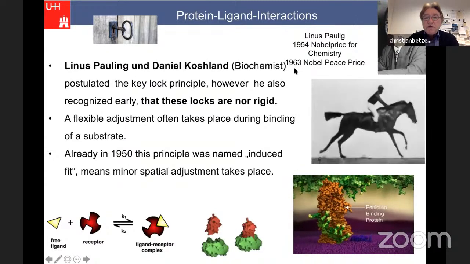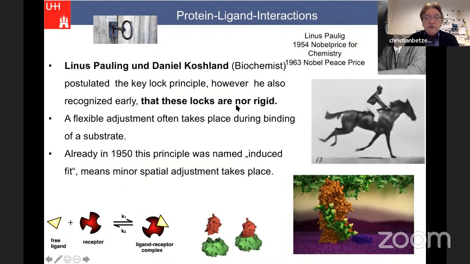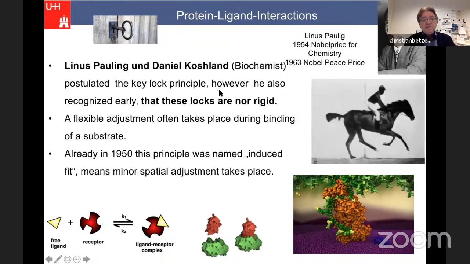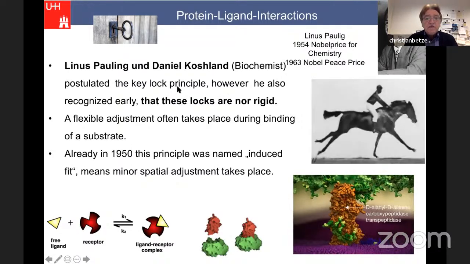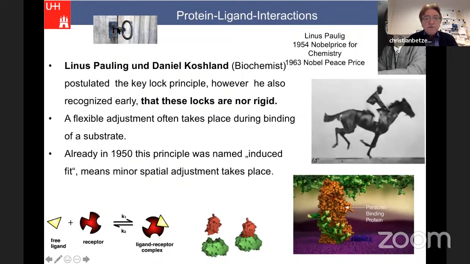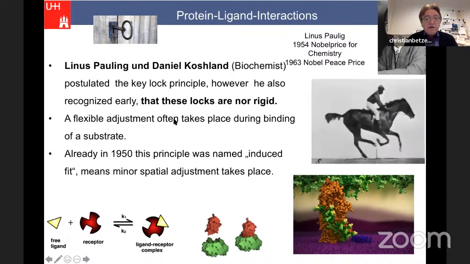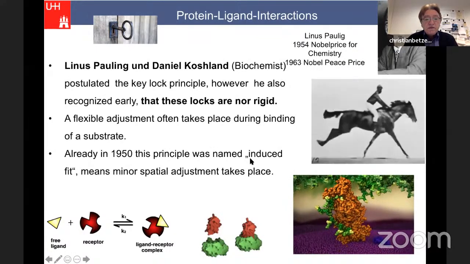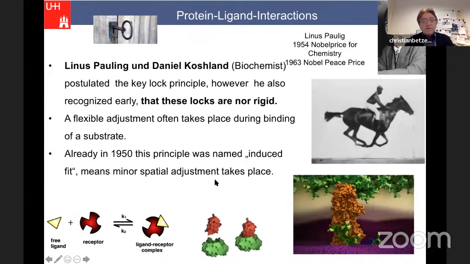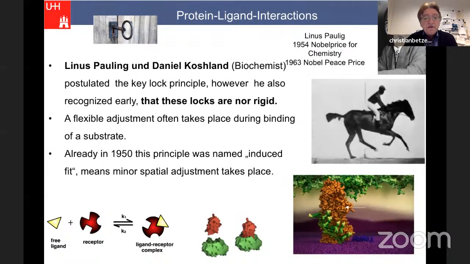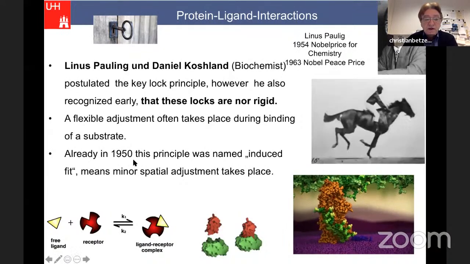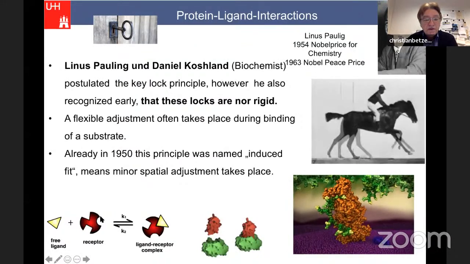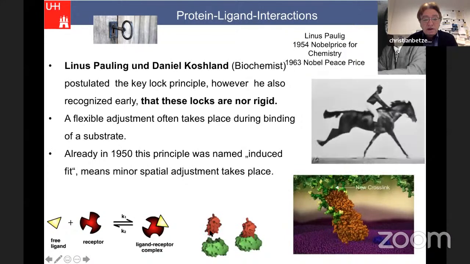And to mention Linus Pauling, he already postulated the key-lock system, and already during his time he predicted that the principle is shown here. So you have an active site and you have a drug which is blocking or functioning in the active site. However, the lock is not static. So this is the induced fit, this type of postulation, and he was already mentioning that the lock is not rigid and we need to understand more about flexibility of molecules. Here you see static figures: you have a ligand, a receptor, and the binding.